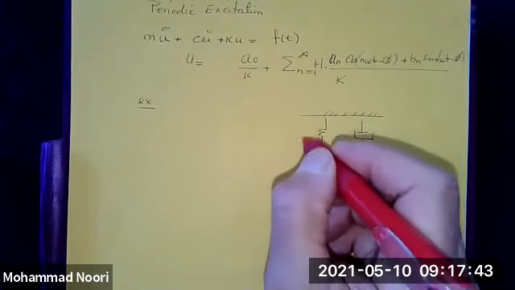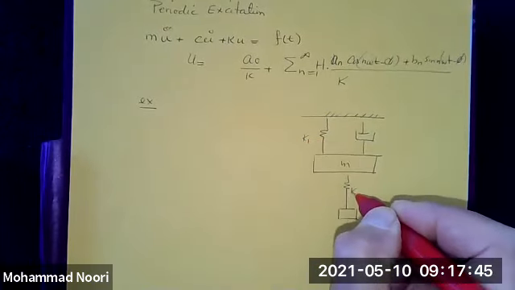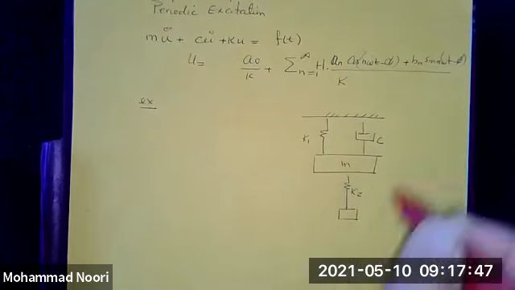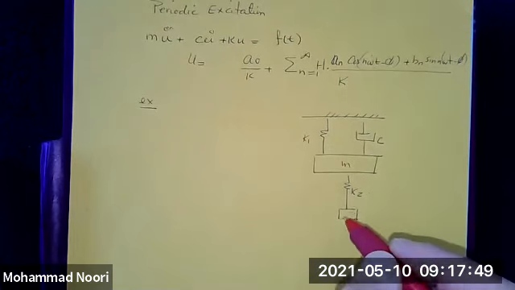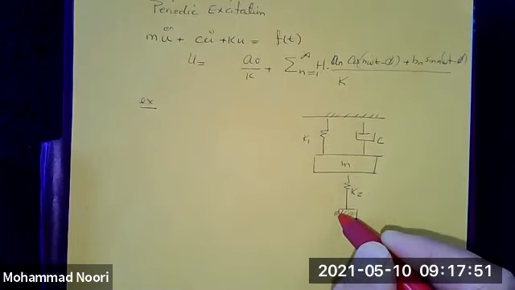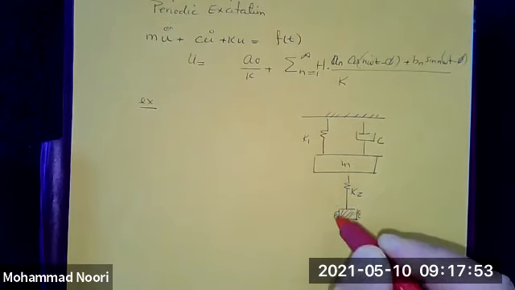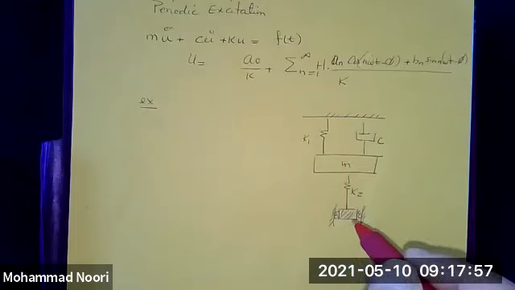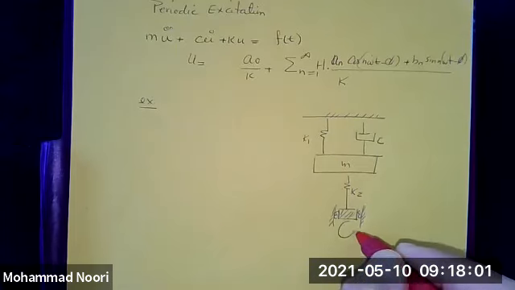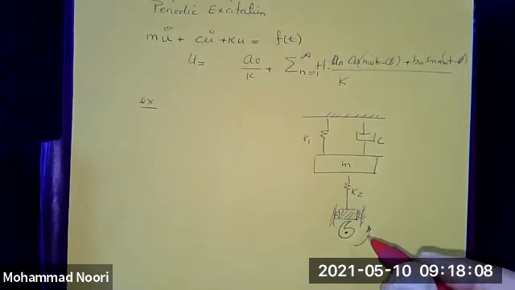Let's say this is K1, this is K2, this is C, connected to a piston, and this piston is going up and down through the action of a cam driver. So this is a cam driver